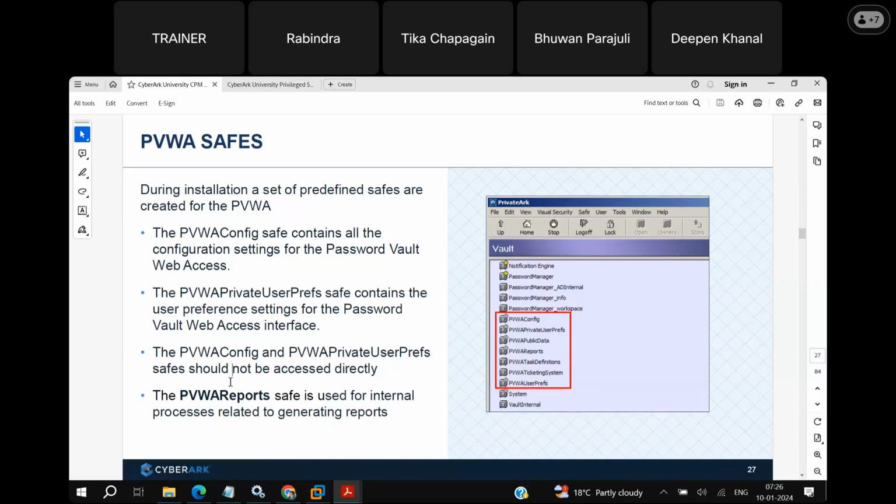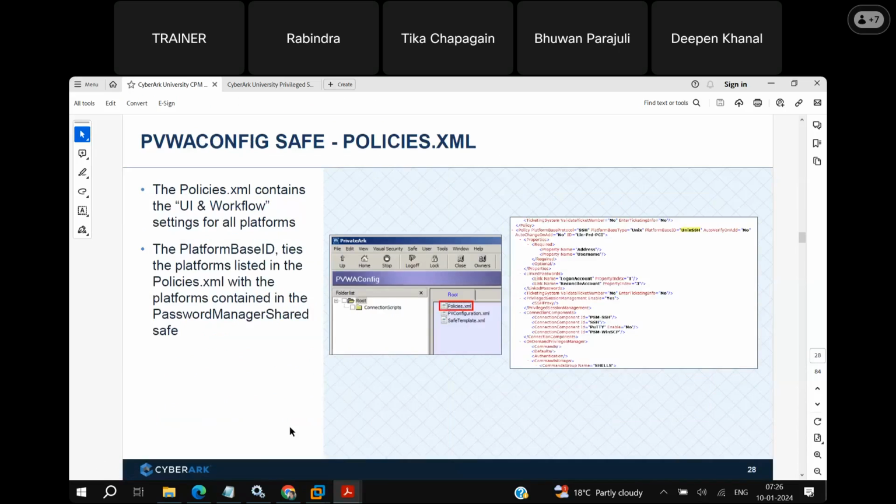Right. So PVWA report save. So later we will generate some reports. Those report task definitions will be stored under this PVWA report save. Next,